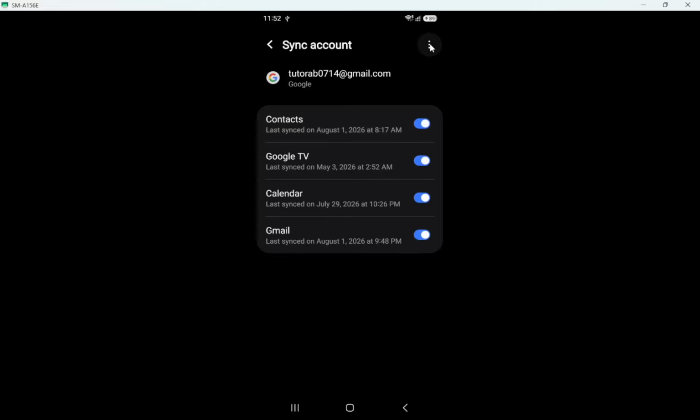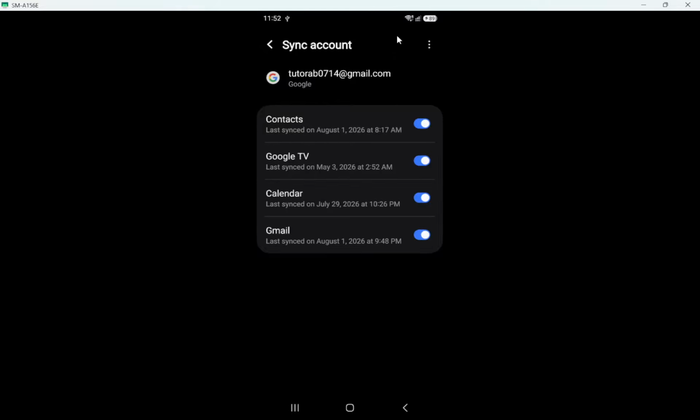This opens a detailed list of what that Google account syncs with your phone. You will see switches for items like Contacts, Calendar, Drive, and maybe others. Each switch controls whether that type of data is kept in step between Google and your device. At this point, make sure Calendar is turned on. The calendar switch should be blue or in the on position. If it is off, tap it once to enable sync. Once it is on, your Samsung phone is allowed to pull calendar events from your Google account and send any new events back to Google.